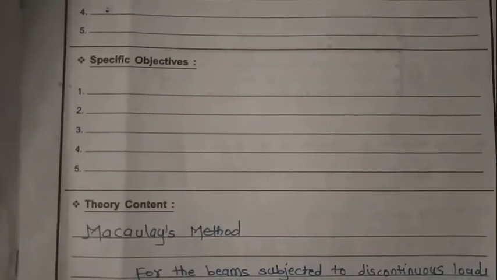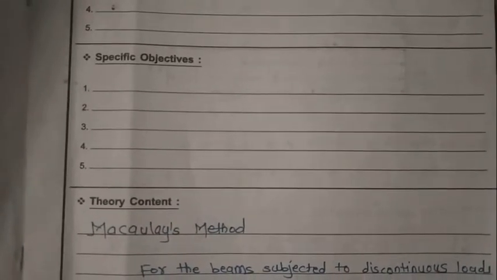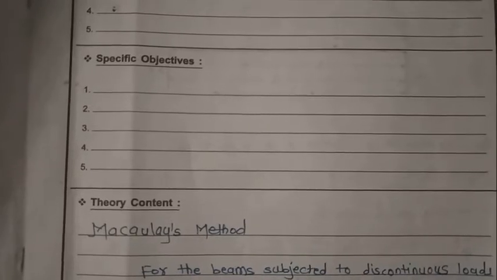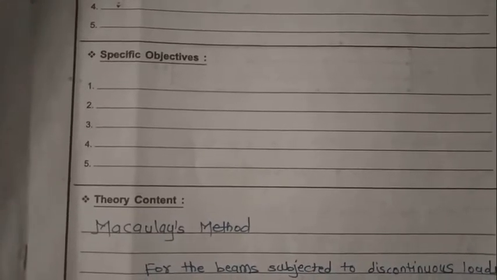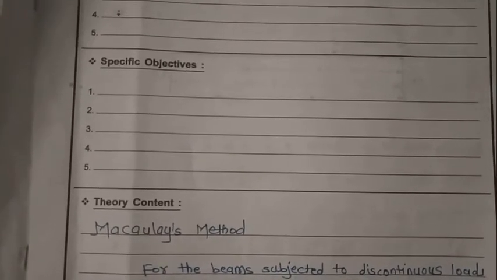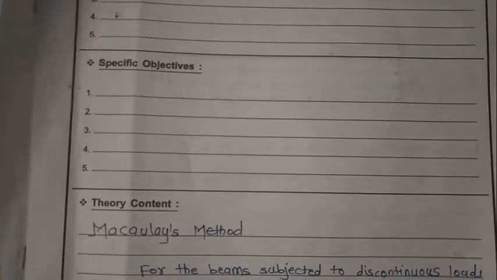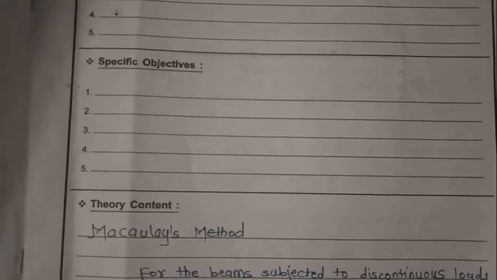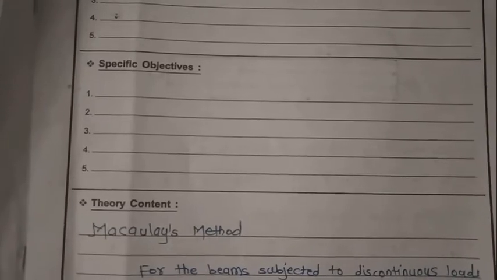Macaulay's method is similar to the double integration method. The only difference is that in this method, a general bending moment equation is created in the last portion of the beam, that is section XX, at a distance X from one end. Partition lines are made corresponding to each load, and the constants of integration C1 and C2 are written in the first portion. Integrating the general bending moment equation, we get the slope equation, and integrating again we get the deflection equation.